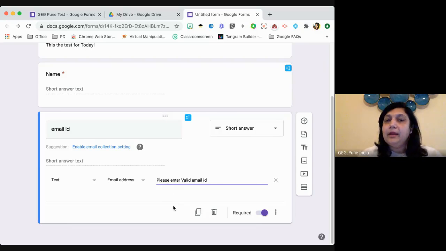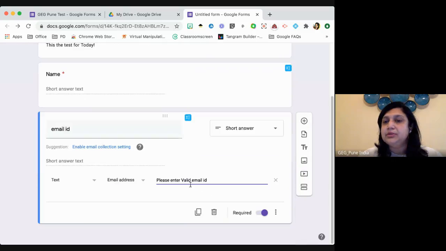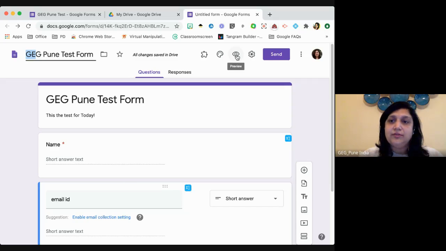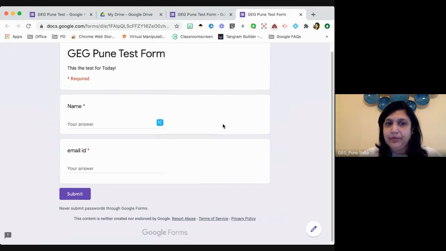Okay. अब हम लोग देखेंगे कि let's quickly go and see how the person is going to see there. उनको कैसे दिखेगा? When you go on the top of the form, you see this I button, right? So आपने enter तो कर दिया data, but how is that person going to see it? Always check the form before you send it to people. तो हम preview पे click करते हैं, okay?